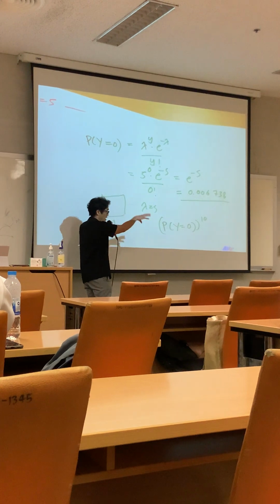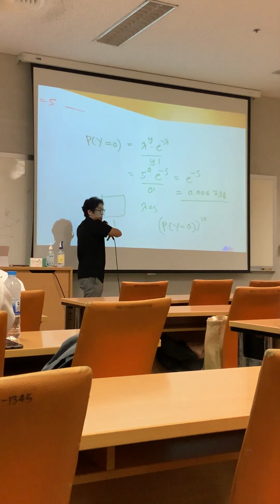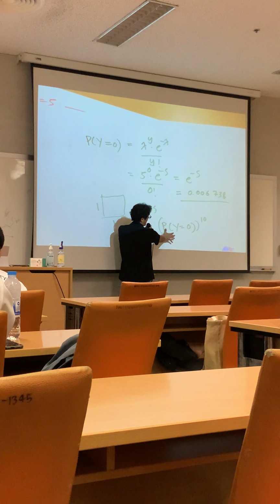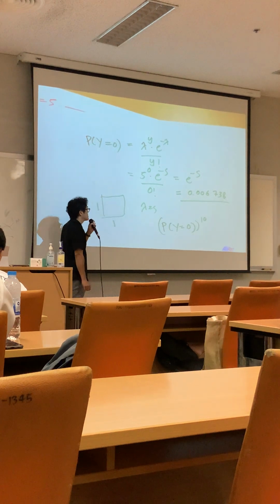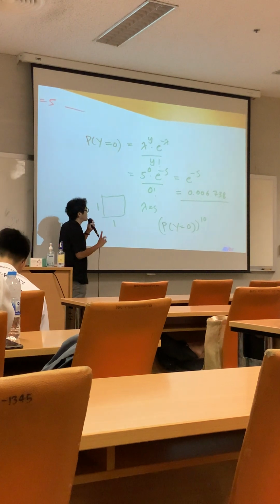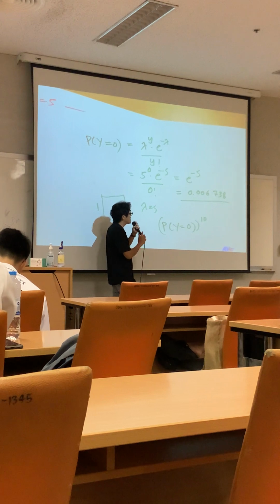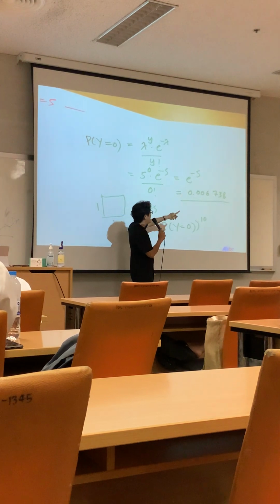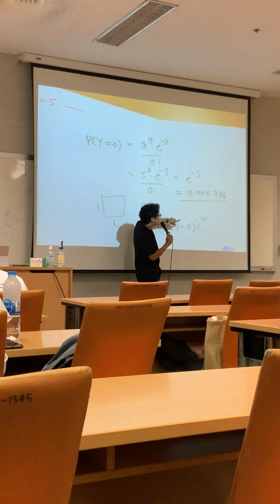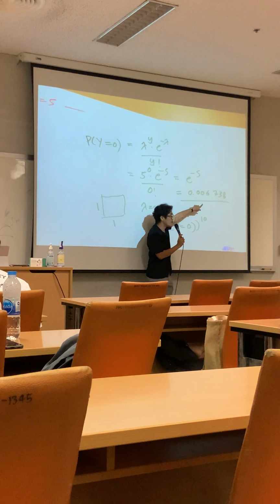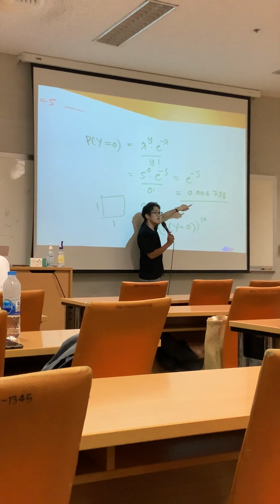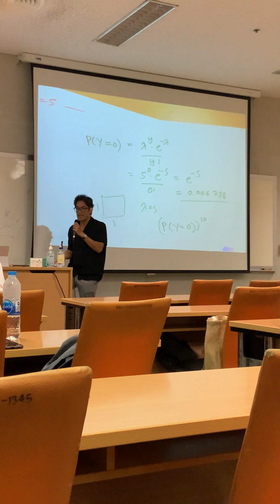When you have the joint probability and each one is independent, the joint probability is just the probability of y equal to 0 in each of the 10, multiplied together. So that's why we have the answer of the probability of y equal to 0 to the power of 10, instead of changing lambda to 50. And my last question is, is this going to be smaller than that? When you raise something 0.0 something to the power of 10, the answer will be smaller. So when you have 10 spaces of 1 yard,